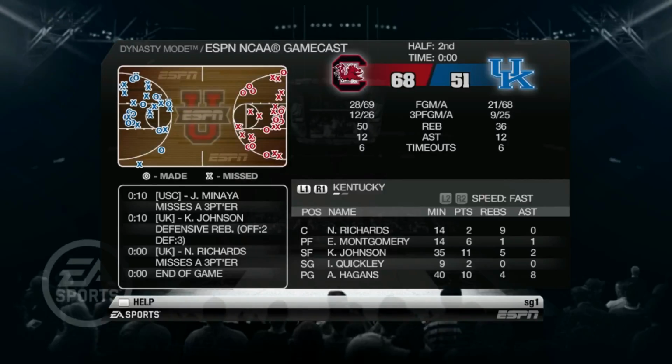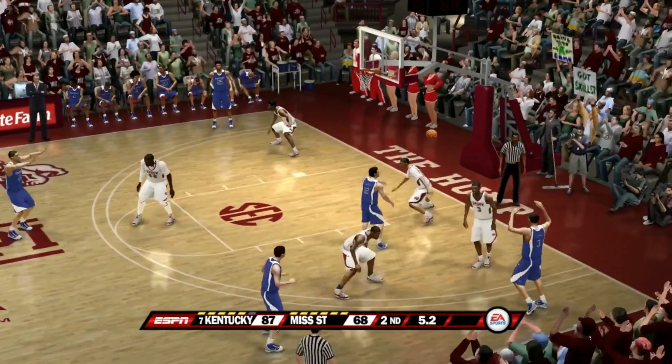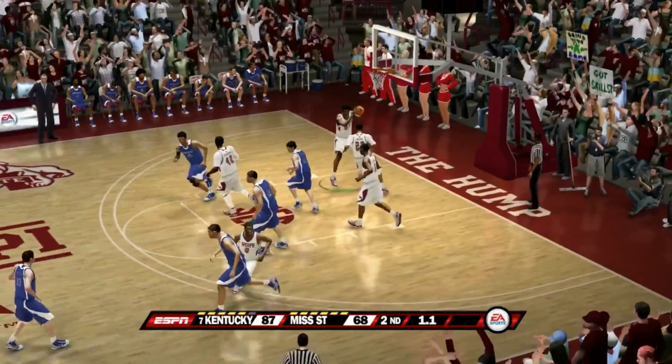And you see they struggle again. They just fall to South Carolina 68-51. A little bit surprising that would be the score in that game. But yes, big win for South Carolina as the Gamecocks win at 68-51. Kentucky now with 3 losses in a row. They fall to 5-4 in the conference. So they were off to a really good start. Now not so good. Next game on the road at Mississippi State, you see the Wildcats win this one